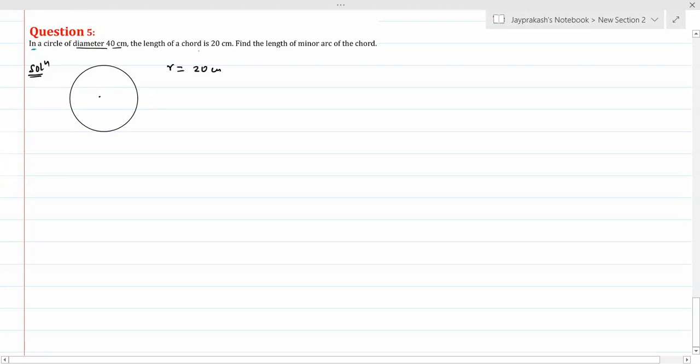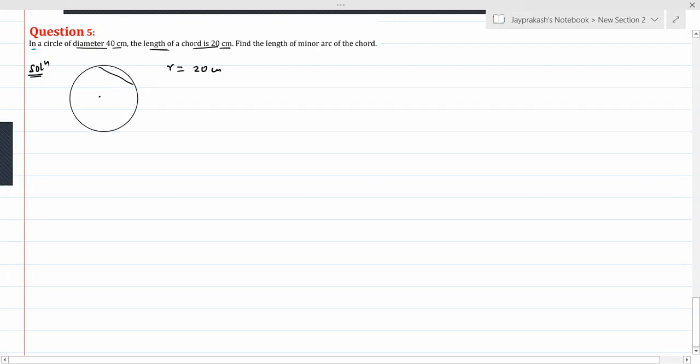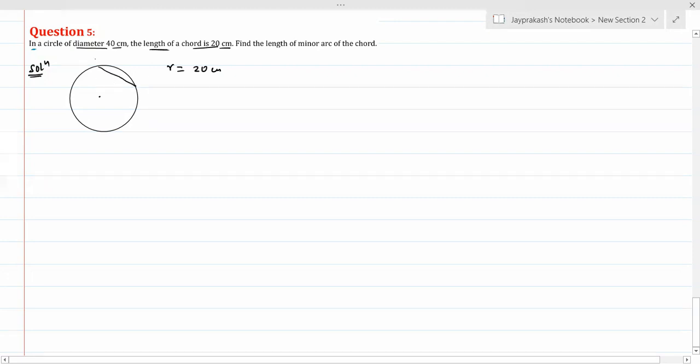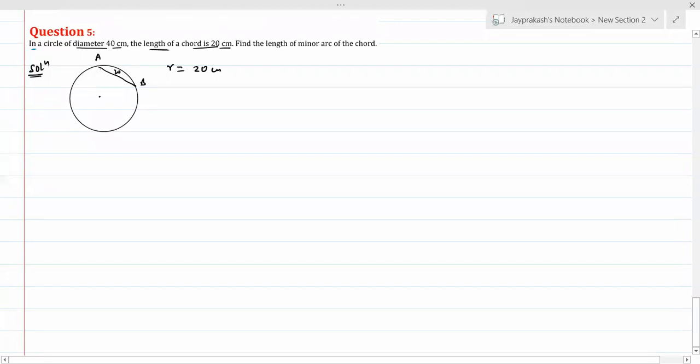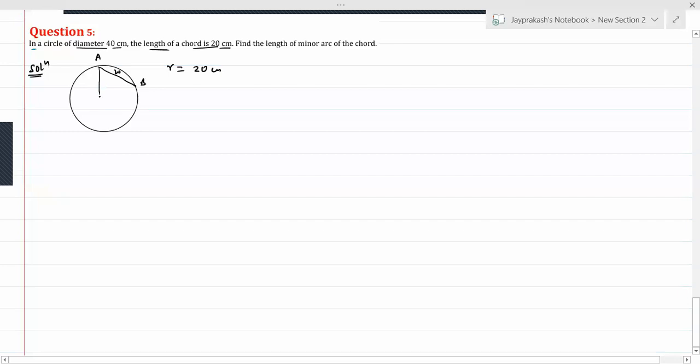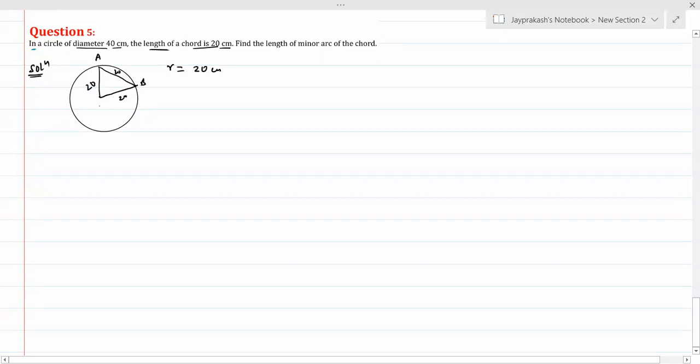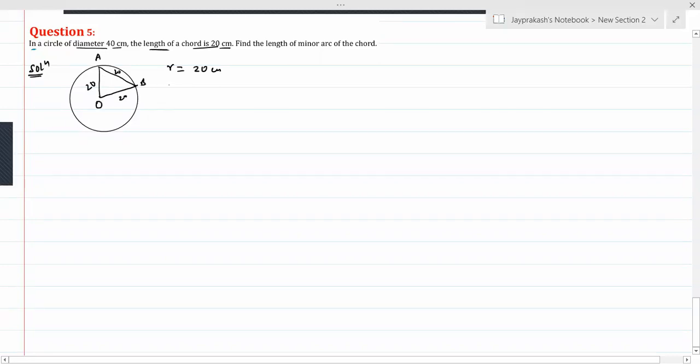And it is also given the length of chord. So chord is a line segment which has its end points on the circle. So I have supposed this chord AB. Its length is 20 centimeter. So when you join with the center, all sides are 20 centimeter. Every side is 20 centimeter. And this OAB is a triangle